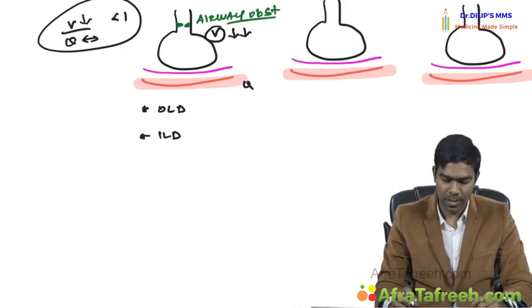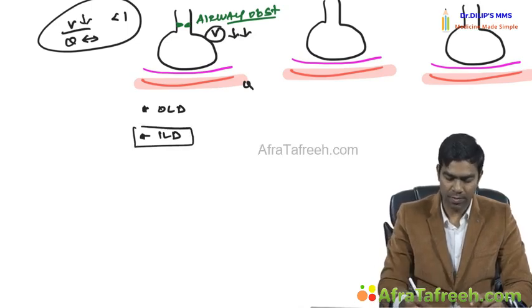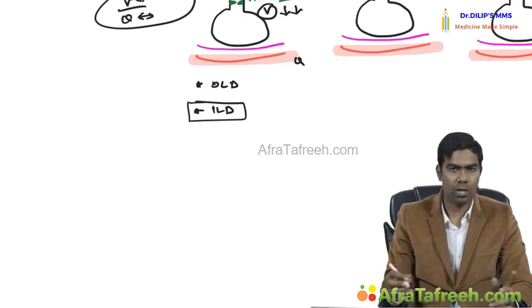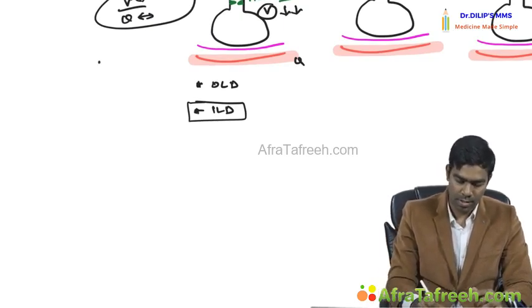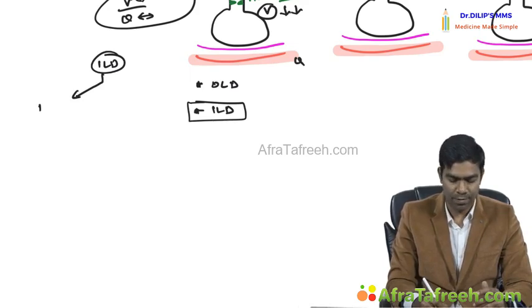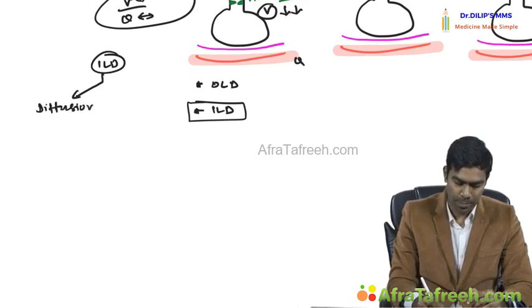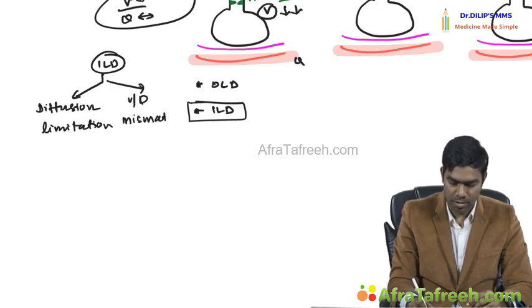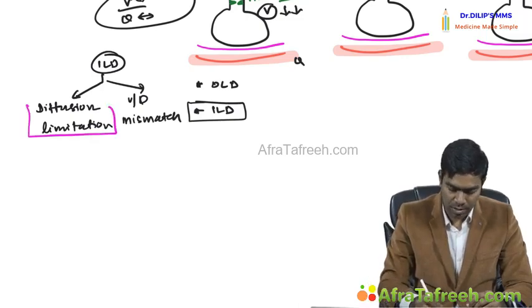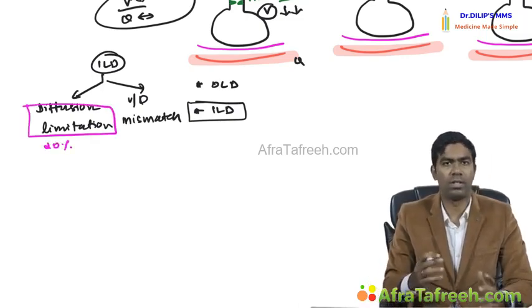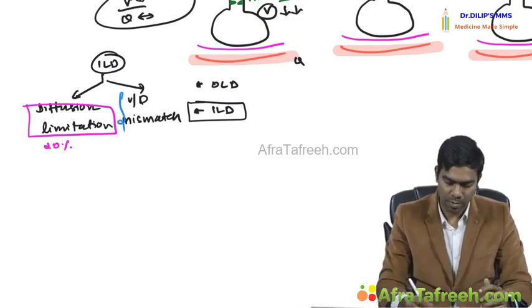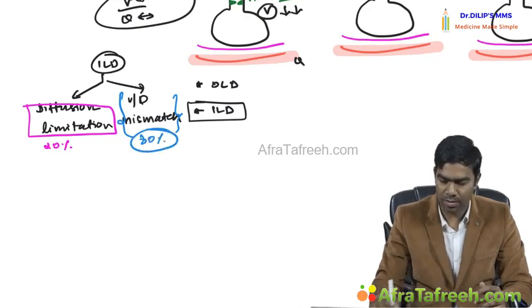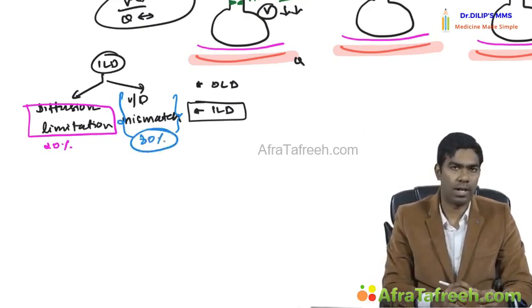At the same time, you have interstitial lung disease. Even though this is something very important to be understood, in ILD there are two mechanisms operating for hypoxemia. One is called diffusion limitation, and the second one is VQ mismatch. So diffusion limitation contributes to only 20% of the hypoxemia you're seeing, and the VQ mismatch is going to be the one contributing to 80% of the hypoxemia that you see in an ILD,